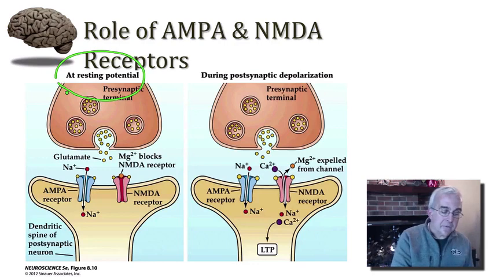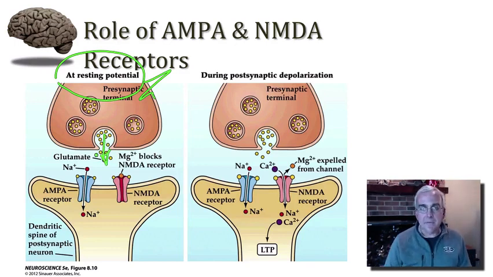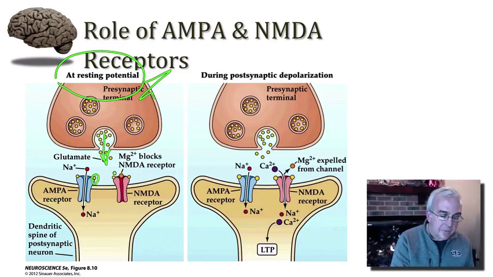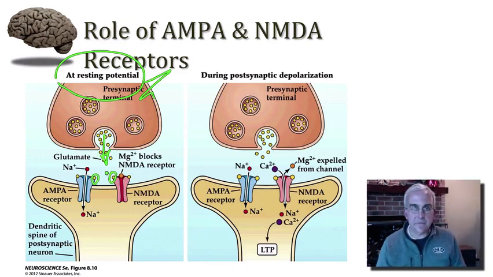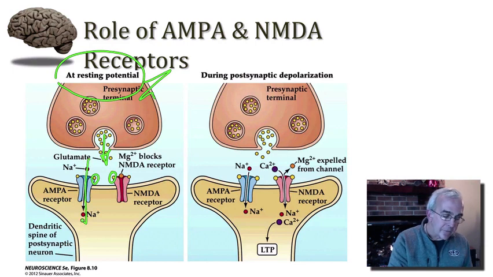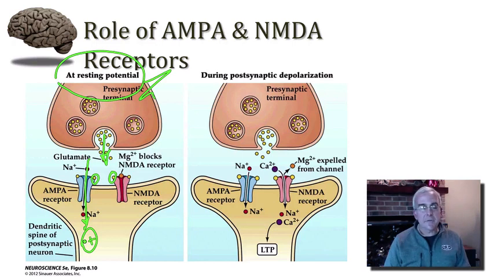So what's happening there is that the action potential in the presynaptic neuron would be sufficient to induce the release of glutamate from the synaptic vesicles that are present there. The glutamate would bind to its receptors on the AMPA and NMDA receptor channels. The binding of glutamate to AMPA would open up the pore, allowing sodium ions to come in. But again, with low levels of activity, we wouldn't expect a whole lot of depolarization to happen at this particular